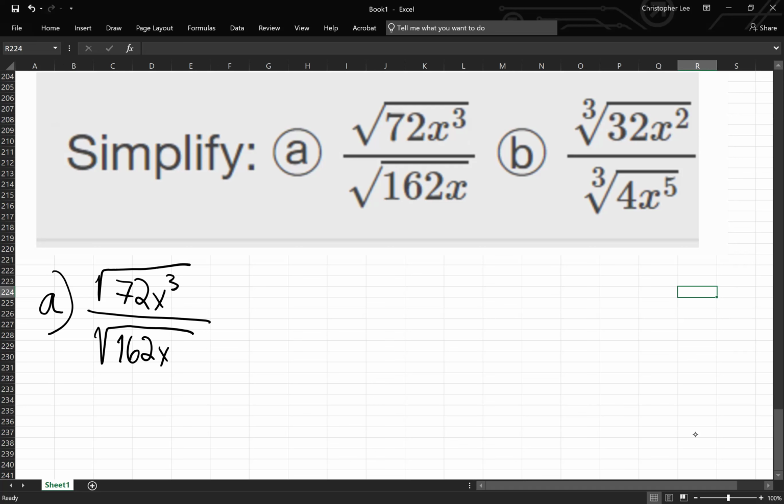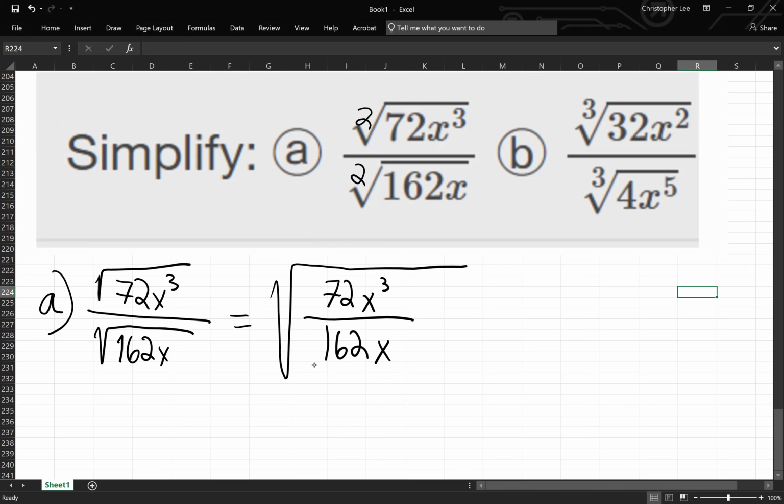Now, I could simplify the square root of each and then divide, but I'm telling you it's easier if I just write them all under the same radical. And I can do that because they both have the same index, they're both square roots. So this is equal to the giant square root of 72x cubed over